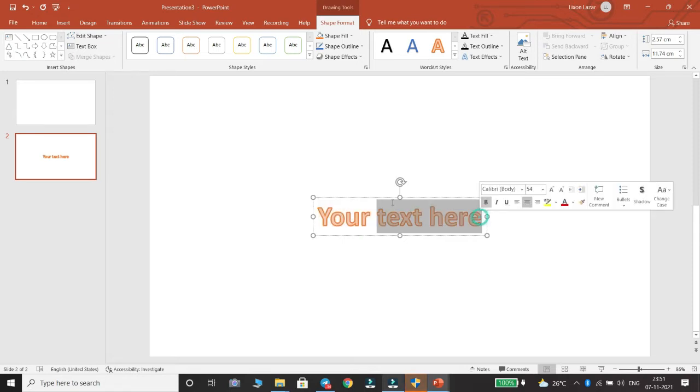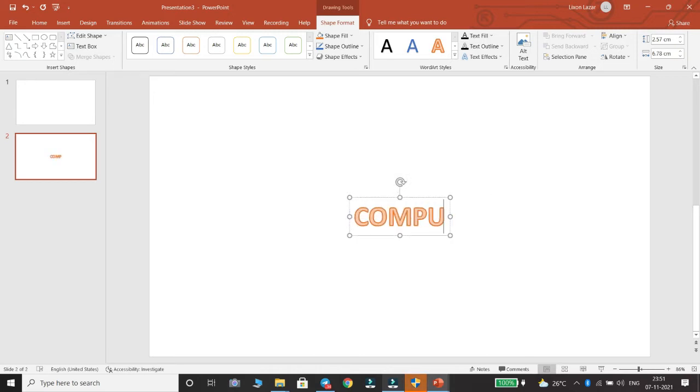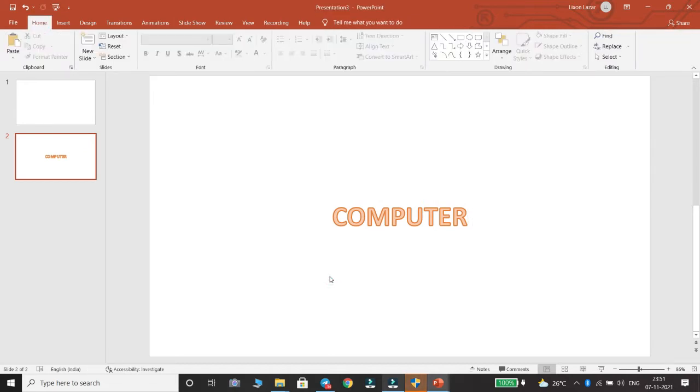You can start typing the text in the text box. After typing the text, click anywhere outside the text box or press Escape key. Then your word art will be inserted into your slide.